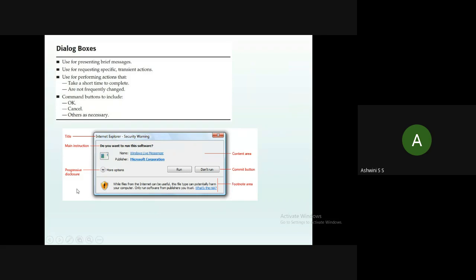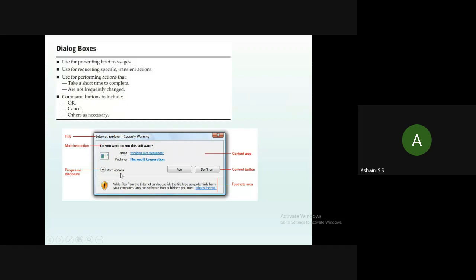This type of box we call a dialog box, which is used to present brief messages and to request some actions. It is not necessary for the dialog box to ask to run or don't run; it may install the software, but it will be requesting specific actions. So we call it a dialog box, where the user needs to take some action.